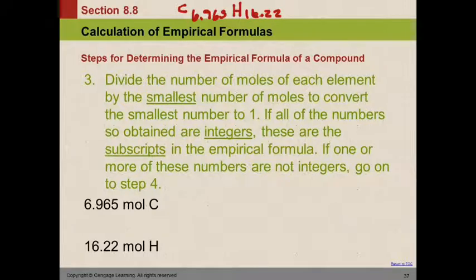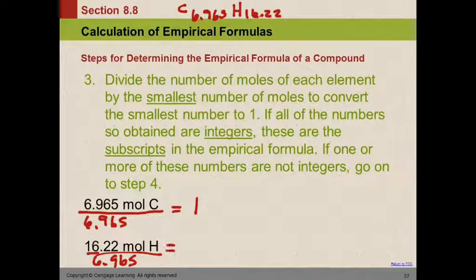So the way we do this is we look at these two numbers of moles and we're going to divide by the smallest. Well, 6 is smaller than 16. So we're going to take this one and divide by 6.965, and that one's going to come out to be 1. One of these will always come out to be exactly 1 because you're dividing something by itself. And we'll take this one and we'll divide by